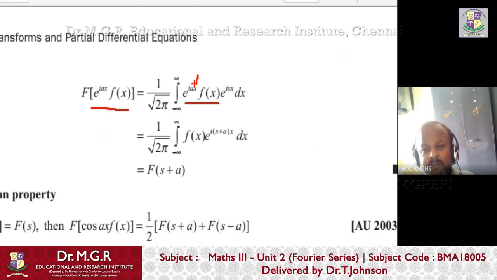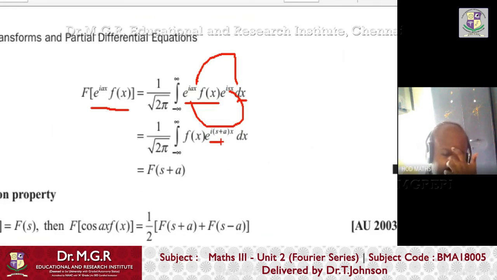Yes, in the previous property, you were splitting the exponential function. Here, you have to join this exponential function, right? Here e power i is there, here also e power i is there, here also x is there, here also x is there. Only thing is here a is there, here s is there. But in the integral dx, both s and a look like a constant. So when multiplying these two exponential functions, the powers are added. Okay, this you know already. In exponential functions, if you multiply, the powers are added. So e power ix common, s plus a is there, right? 1 by 2 pi f d x as it is, right?